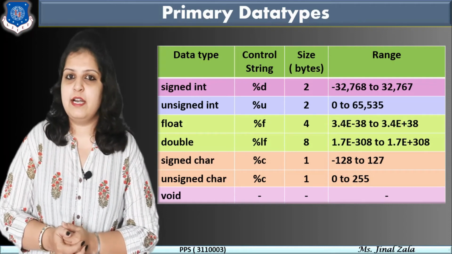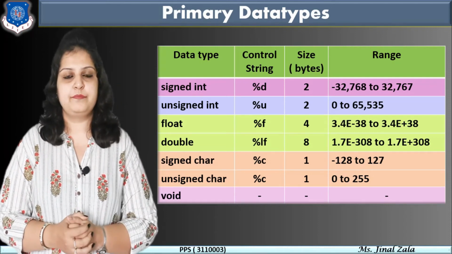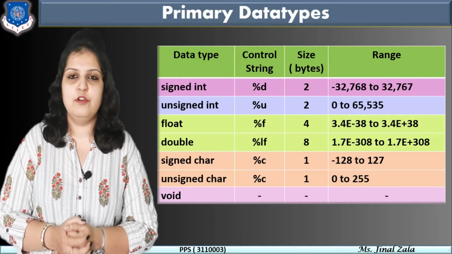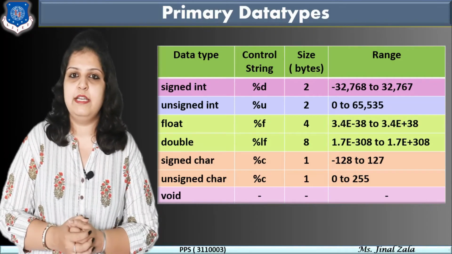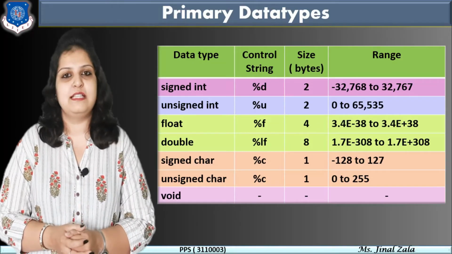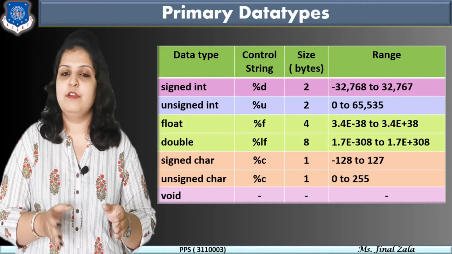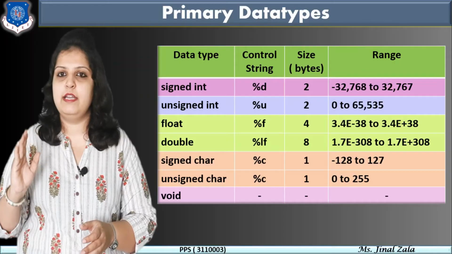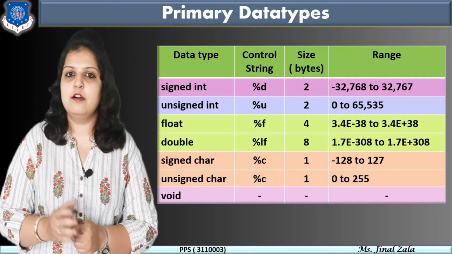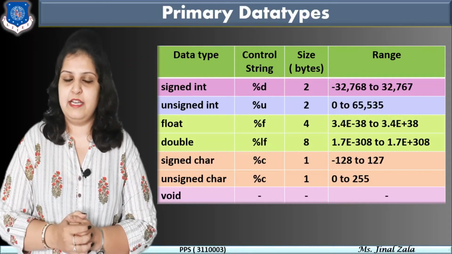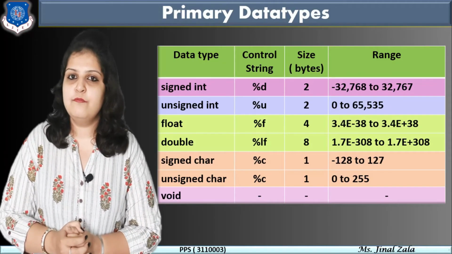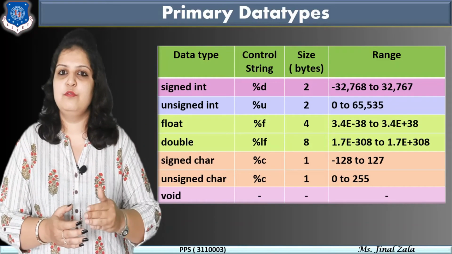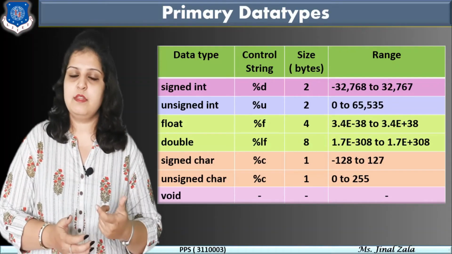Float is a real data type and %f is used for float data type, and the range is 3.4 e minus 38 to 3.4 e plus 38. Means 3.4 into 10 raised to minus 38 to 3.4 into 10 raised to plus 38. And the size in memory of float is 4 bytes, almost double to the integer, because here we can